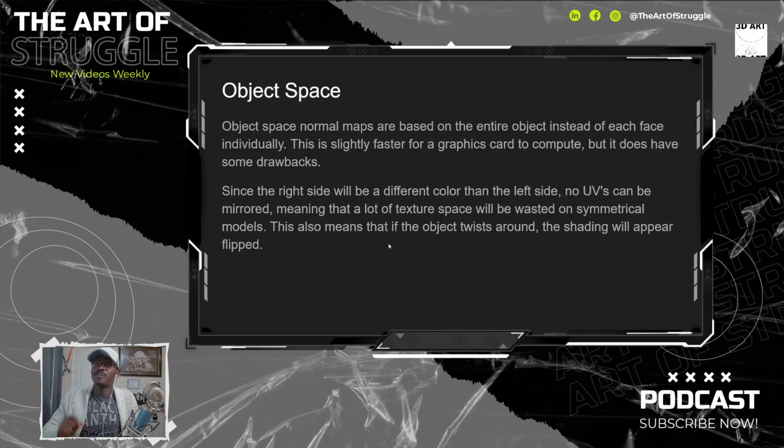So object space normals. When we talk about object space, they are based on the entire object instead of each face individually. This is slightly faster for a graphics card to compute, but it does have some drawbacks. Since the right side will be a different color than the left side, no UVs can be mirrored, meaning that a lot of texture space will be wasted on symmetrical models. This also means that if the object twists around, the shading will appear flipped. And this is a problem because